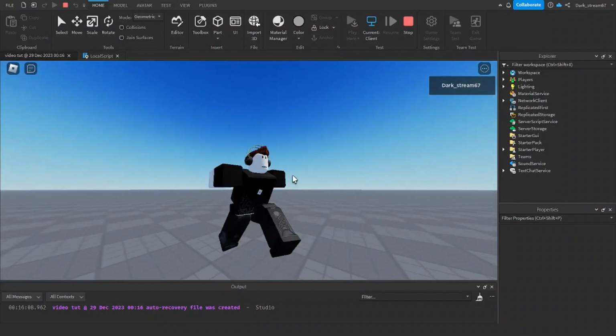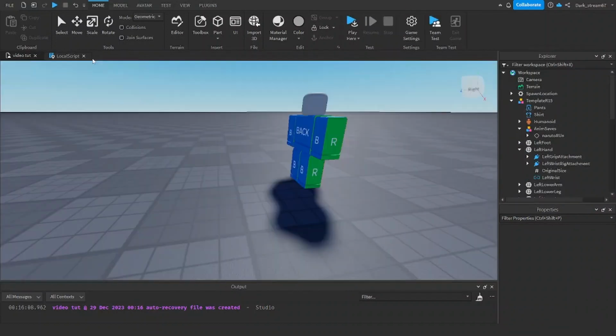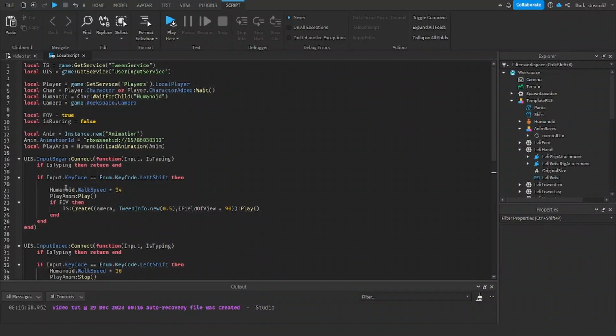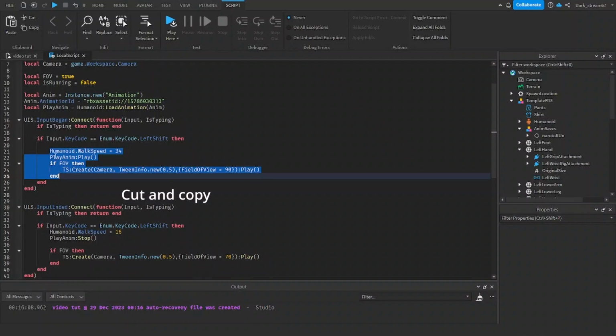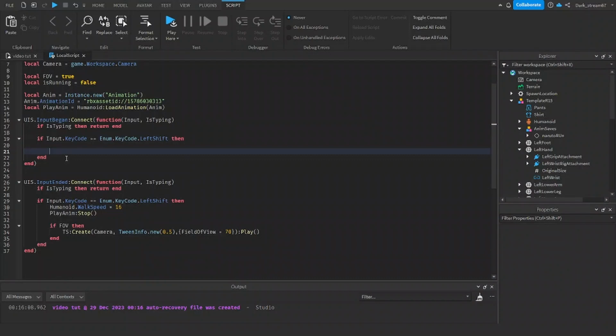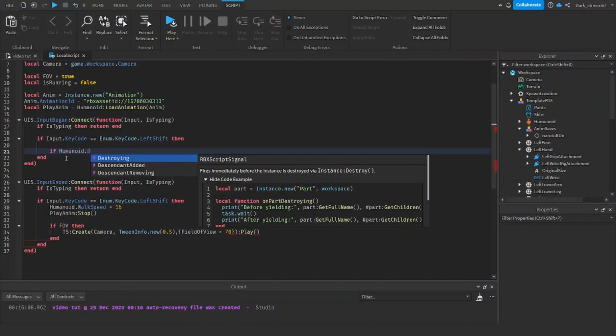So you don't need this thing, so let's fix it quickly. Go into your code, and then right above this one, go here, and then select this from here to here, from the humanoid to the end, and then cut that part, and then write if humanoid dot